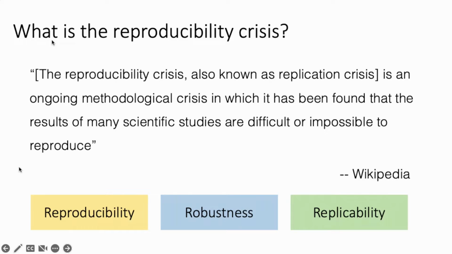Now, when we are assessing reproducibility, we're actually talking about three different concepts. Reproducibility actually means being able to find the same results using the same data and the same method. So if you ask someone else to apply the same method you applied on your own data, they should find the same result. That's the first one. The second one is robustness, which actually means if you have a set of data, for